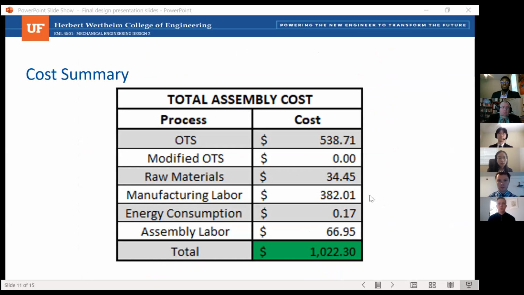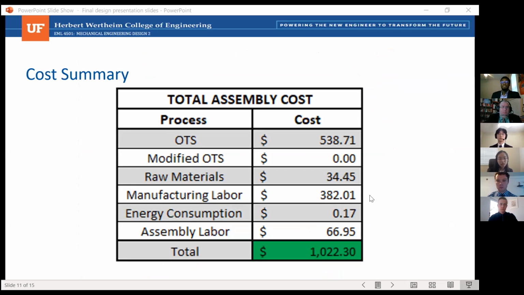The total cost for our design was calculated separately for each subsystem. The most expensive process is buying the OTS parts, which accounts for slightly over half of the total cost. The second most expensive process is the manufacturing cost, which accounts for about 35% of the total cost. Because most of the materials are purchased off the shelf, this explains the low cost in our